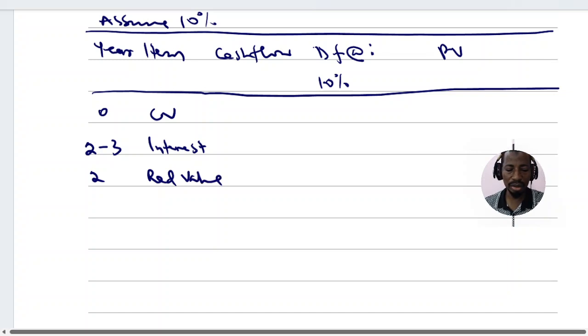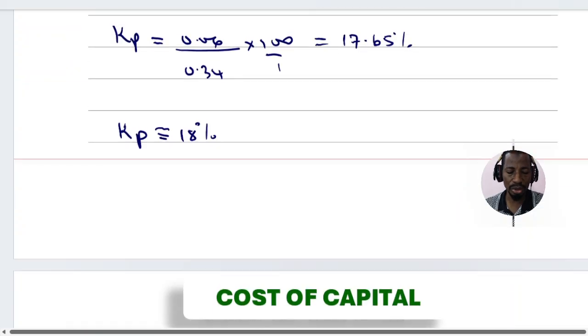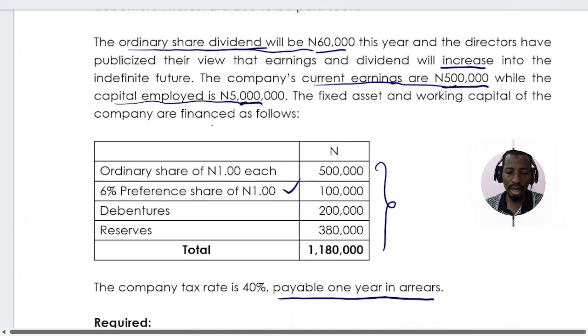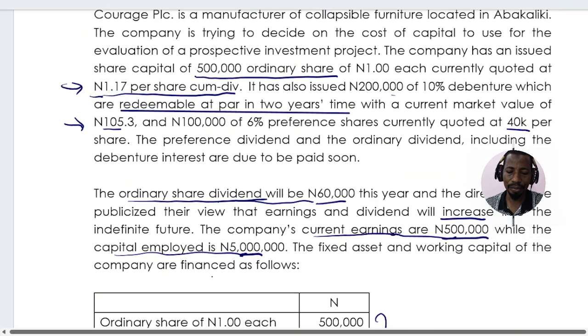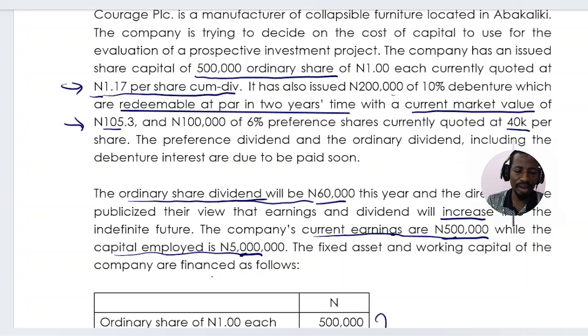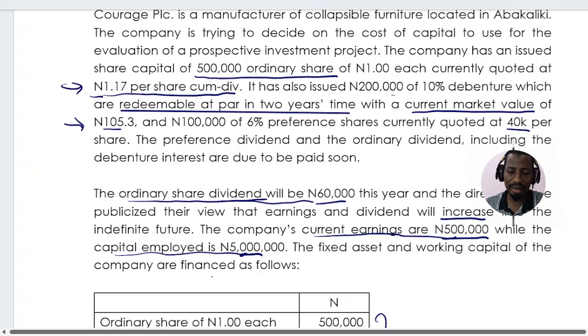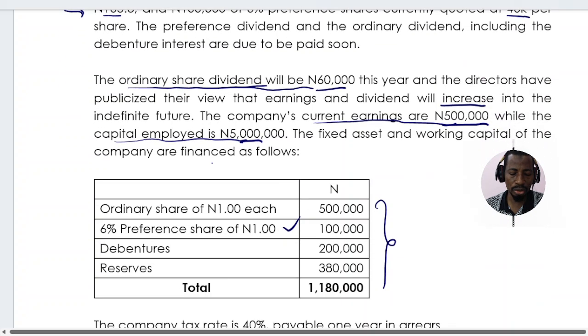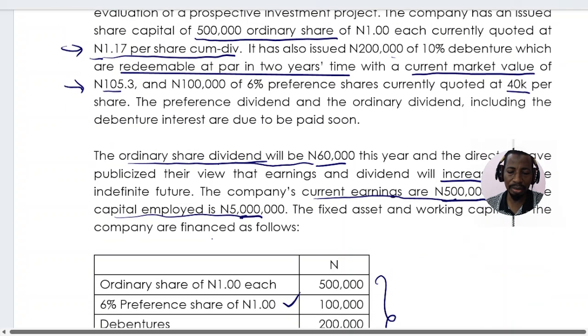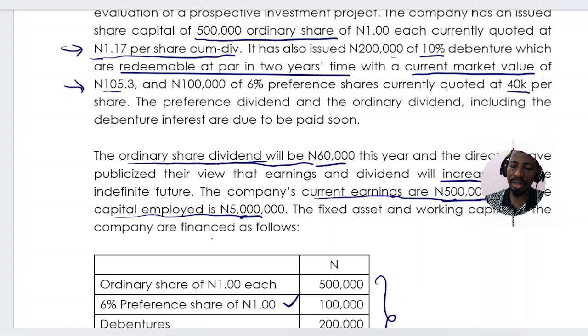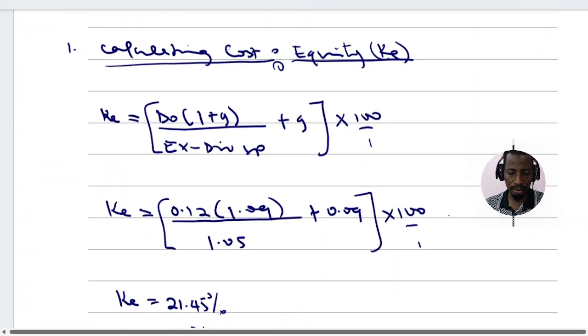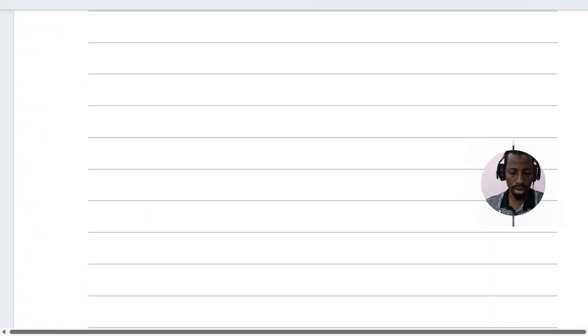So I will then go to the question, what is the current value of the debenture? According to the question, we are told that the current market value is 105.3, so the current value of the debenture is 105.3, and the debenture interest has not been paid. So we need to calculate the cum-int price. However, what is the percentage of this? What's the coupon rate? The coupon rate of the debenture is 10%. So I don't need to waste much time on this. What you need to do is to go and adjust for